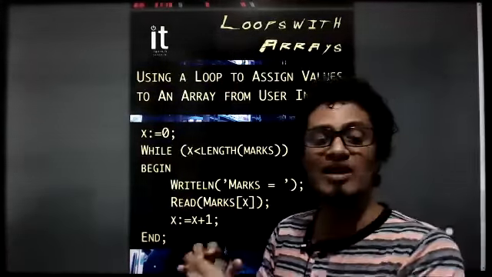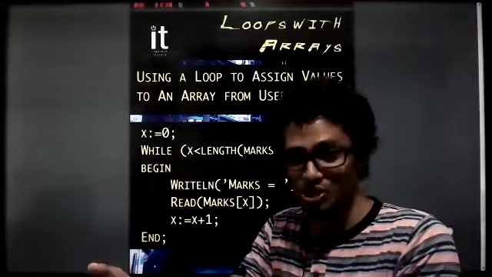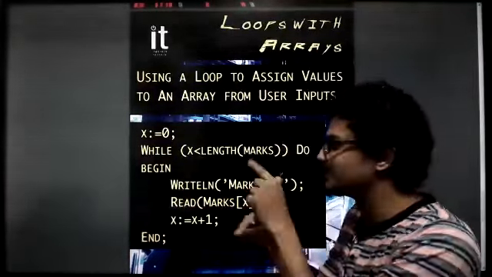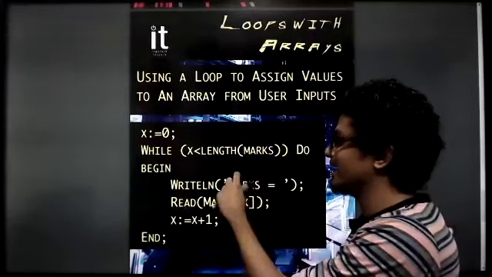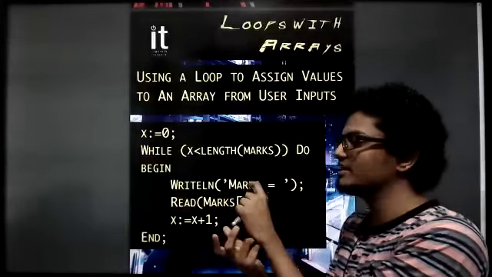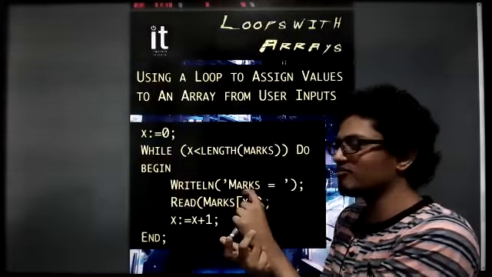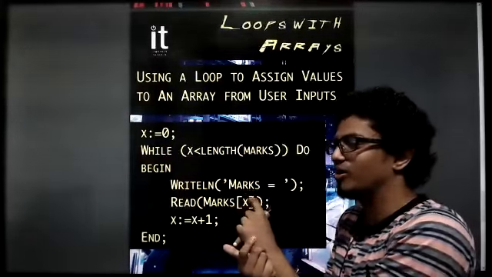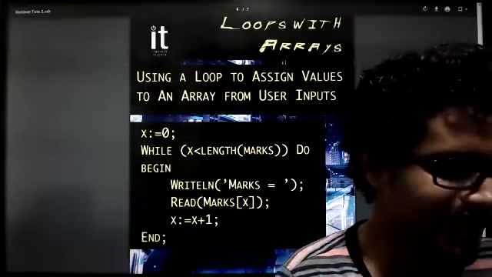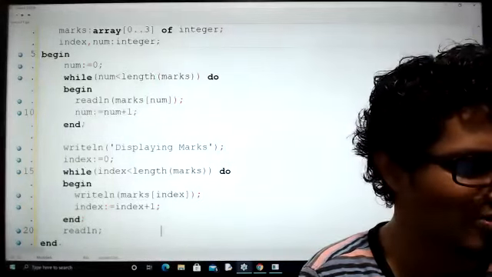So that it will be prompting a good message to the user prior to taking the user input. Writeln, the user input will be in the next line, no? Why? Writeln marks is going to display marks equals, and in the next line it will be taking the user input. To fix that, what should we say, kids? We can say write. So what I'm going to do, look at this and improve my code further.